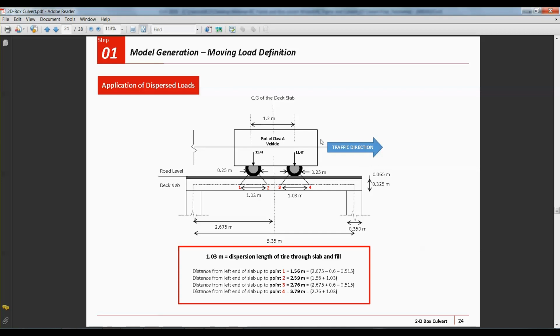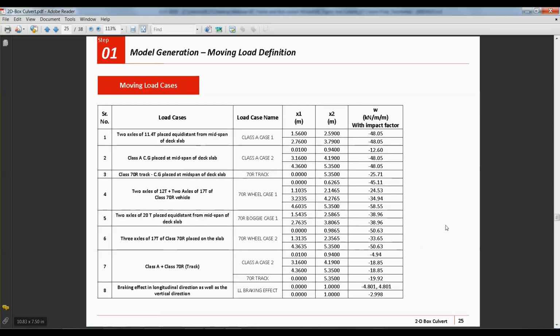This is the table for each case. I have considered two axles of 11.4 ton placed equidistant from the CG of the deck slab. Then the class A vehicle with its CG placed at the CG of the deck slab. And third is the class 70R track with its CG placed at the center of the deck slab.